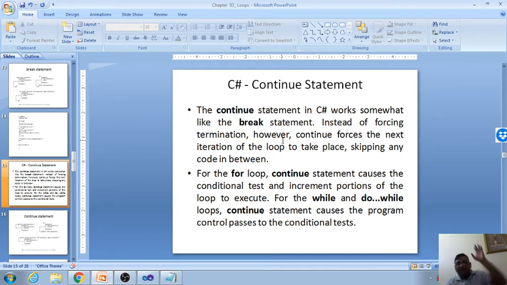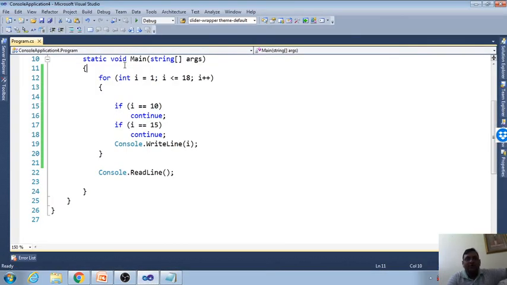Instead of forcing termination, the continue forces the next iteration. They will not stop forcefully, they will continue for the next iteration. Okay, so this program is to write a program to print numbers from 1 to 18, skip